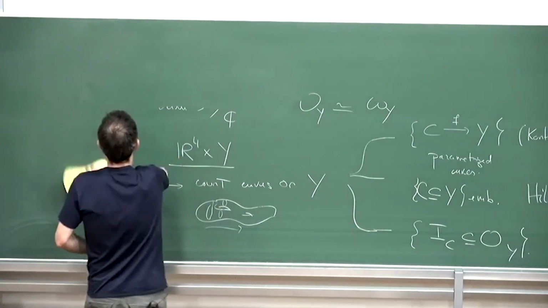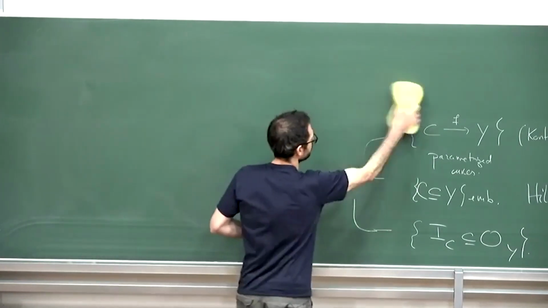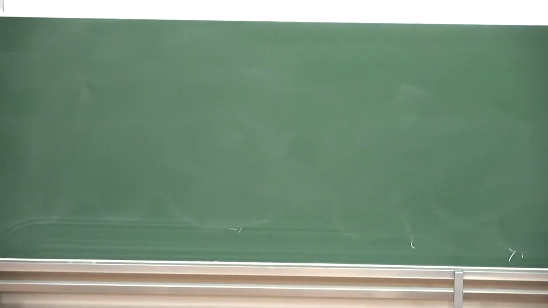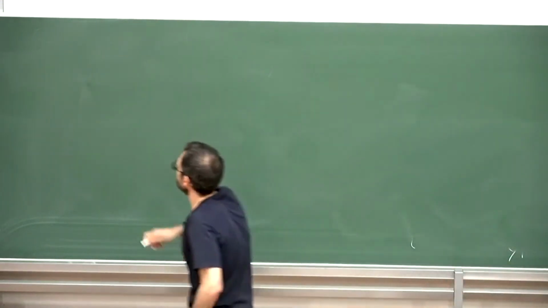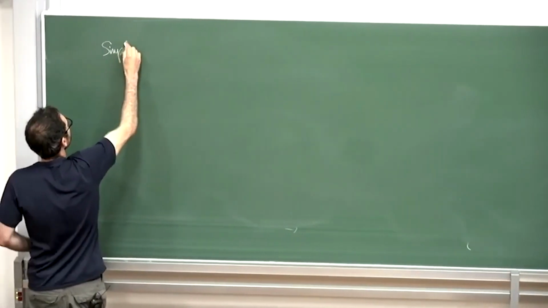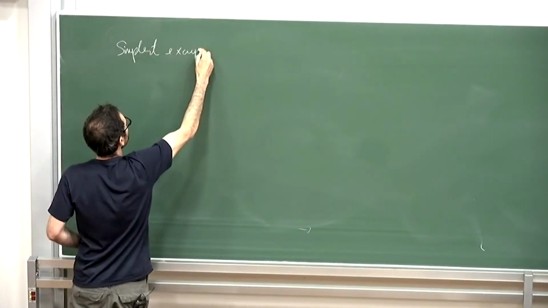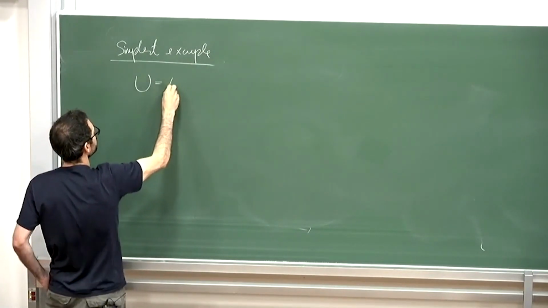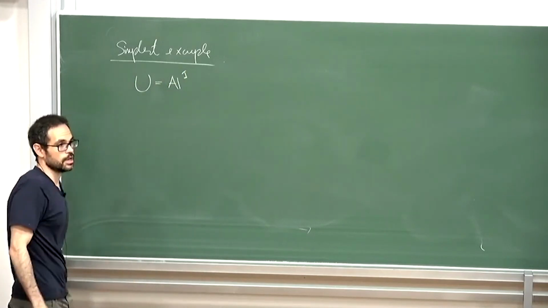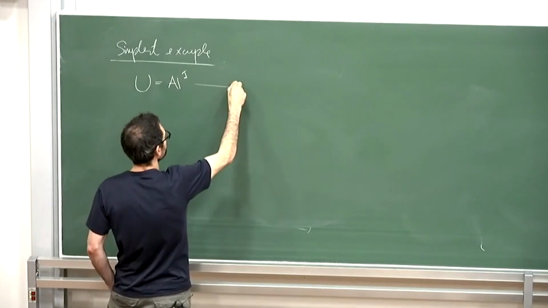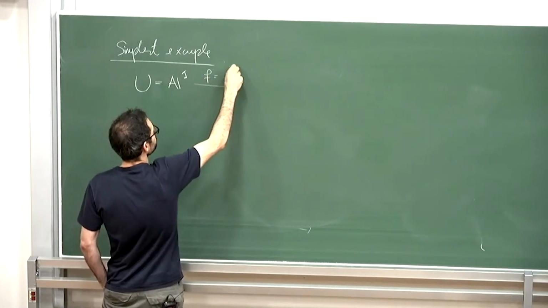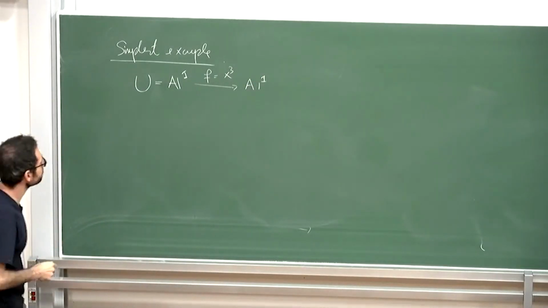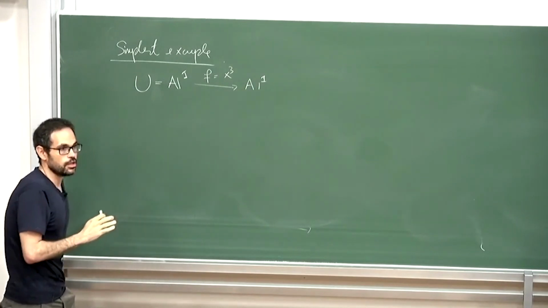So let me give you the simplest example of a -1 shifted symplectic form. Let me call U the affine line. I'm writing U just to motivate what I'm going to do after. And I'm looking at the function x cubed. This is just a function on the affine line. And I want to study the critical points of this function.